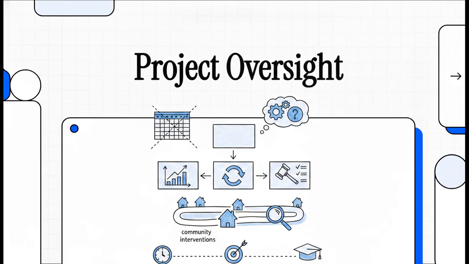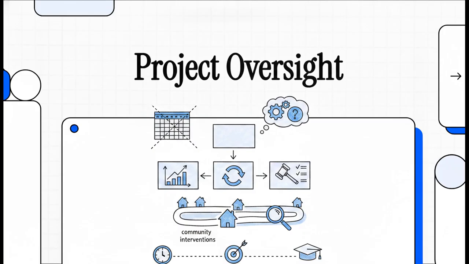All right, let's jump right into this explainer and completely demystify the core concepts of monitoring and evaluation. Look, if you work in project management or community interventions, you know these terms are thrown around constantly, right? Usually right before a massive donor report is due. But today, we're going to break down exactly how they work together to track, guide, and ultimately judge the success